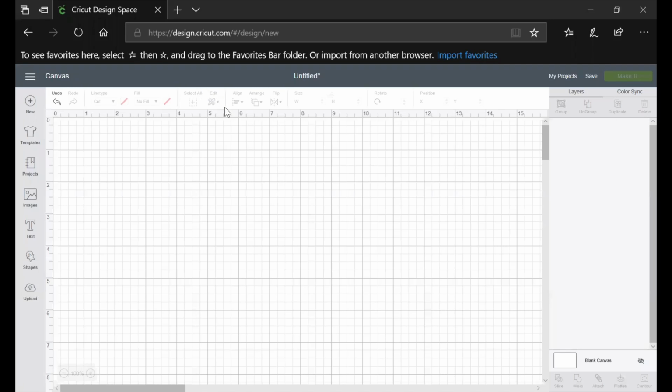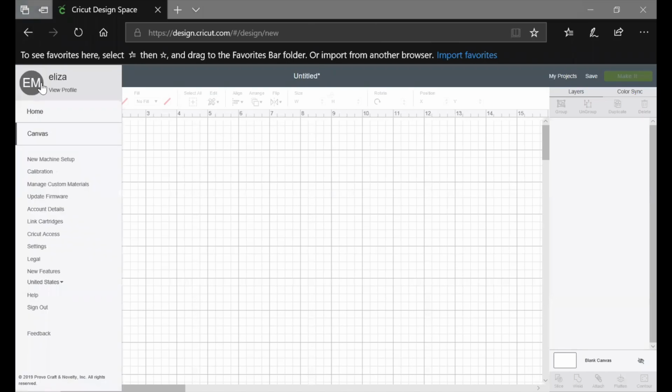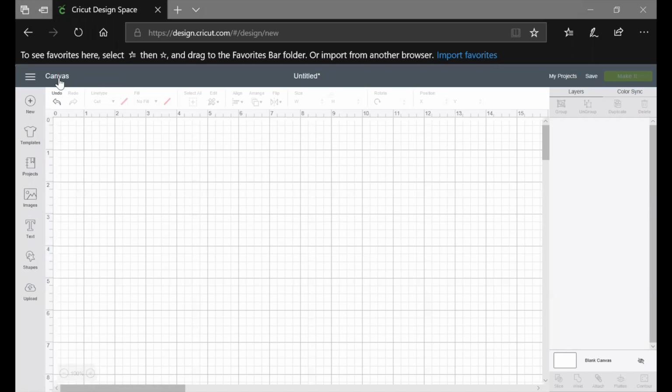To the laptop we go. So let's jump right into it. We are now within Design Space where we left off on our canvas, and this is where all of the magic happens. So here at our menu button, which we can access from anywhere within Design Space, we still have our menu button here. If we wanted to go back home, we're already on our canvas. So with this canvas button,